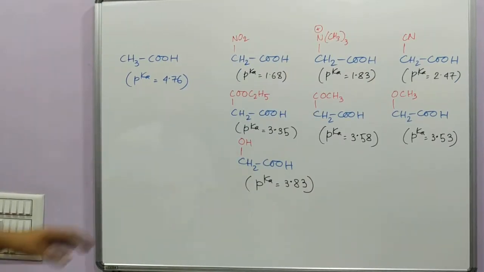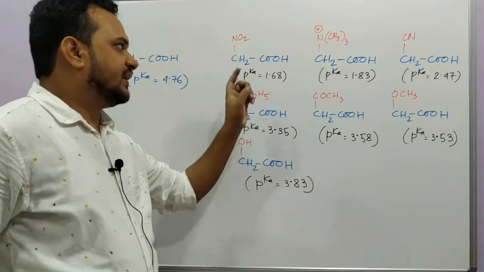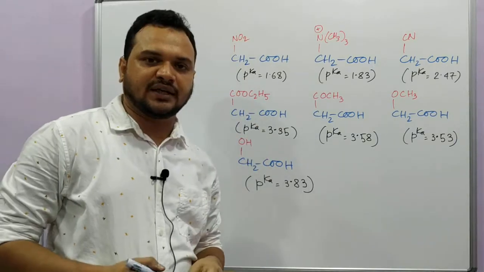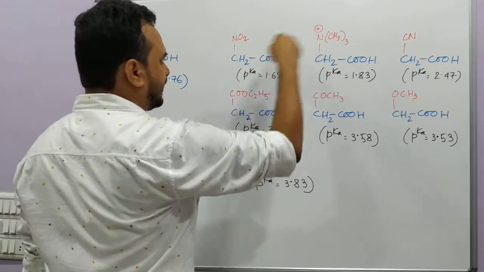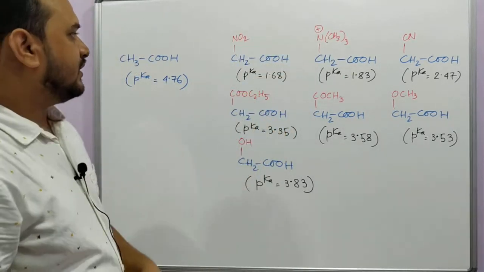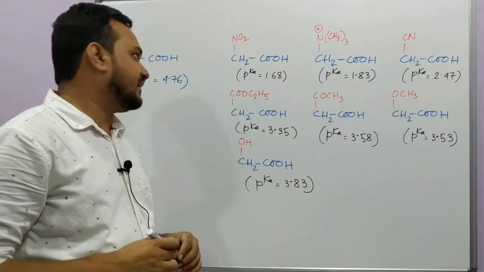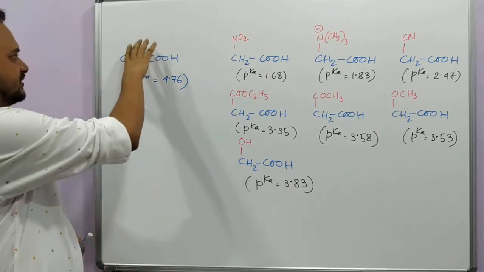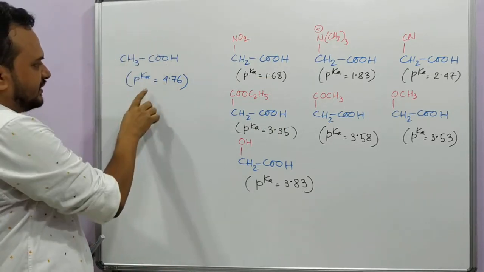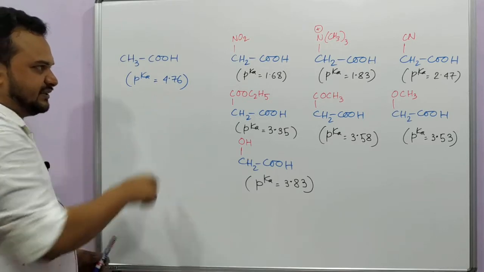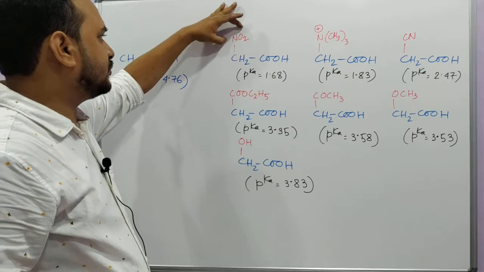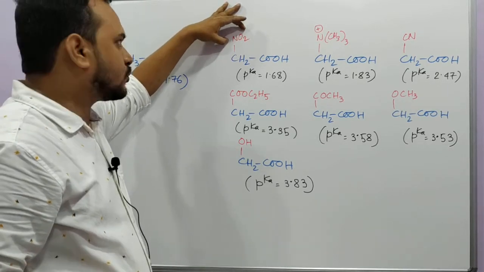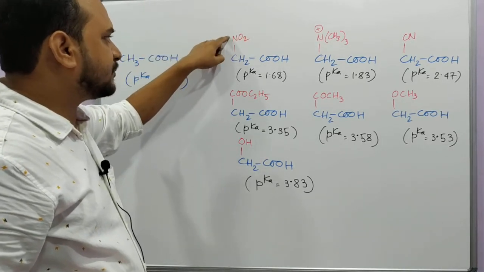Now in these examples you will see how the negative inductive effect, that is the minus I effect, can control the acidic strength. So all these red groups I have put at the alpha position are electron withdrawing, they show minus I effect. So here is our acetic acid, the standard acid, giving you pKa 4.76. Now see, I have put a very strong electron withdrawing group, NO2, nitro group. It is exerting its minus I effect.